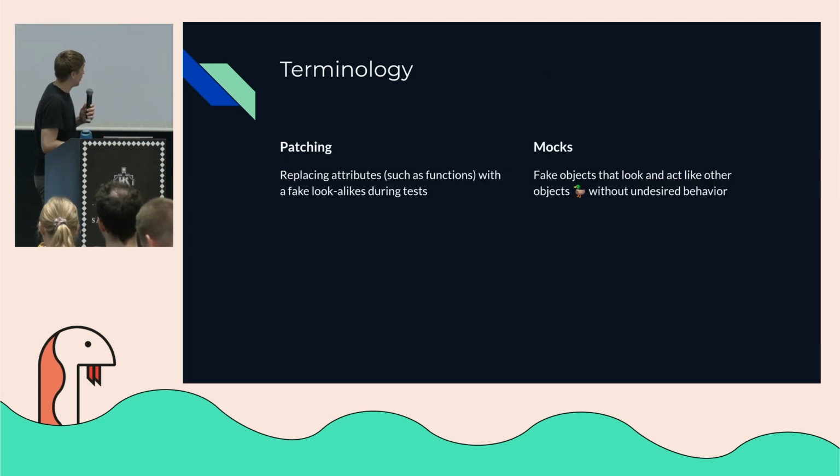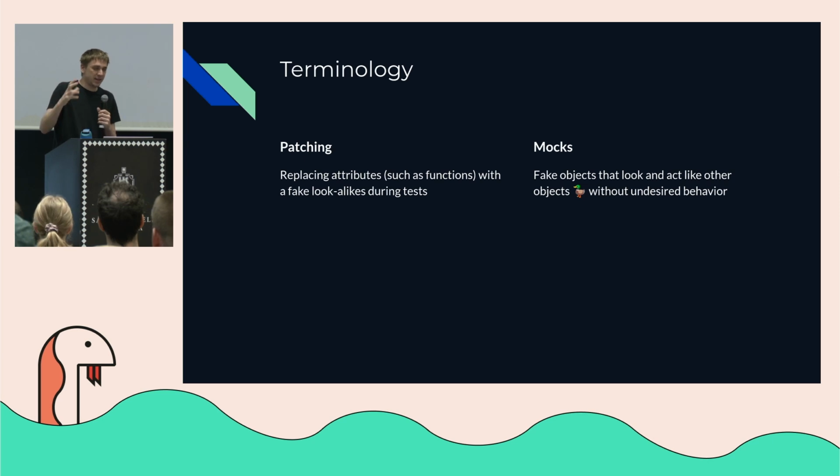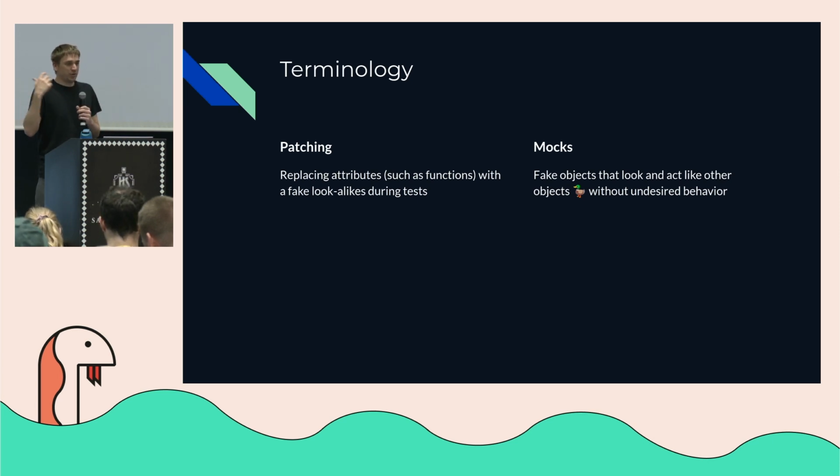So there's a bit of terminology. The two things we're going to go over here are patching and mocking. Patching is replacing an object with a fake lookalike during tests. In Python, this is done at runtime using duck typing. In other languages, you have to statically compile and use codegen to create mocks. So you've got mocks and you've got patching. They're two very intermingled concepts. You usually use patching to replace real attributes with mocks, where mocks are the fake objects that have no side effects. For the example that we're going to talk about, you don't want to make network requests,